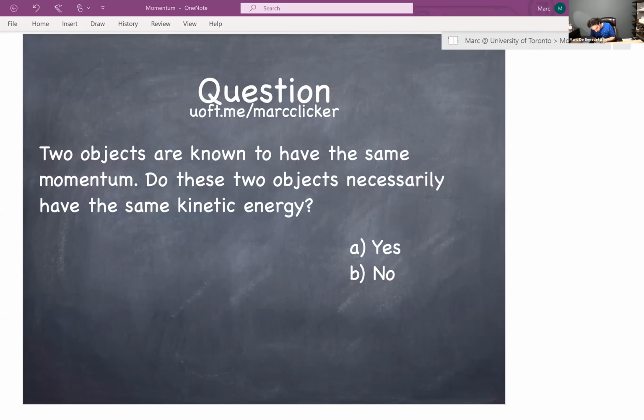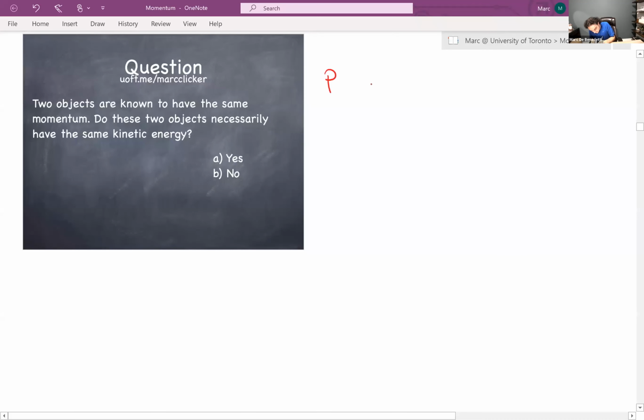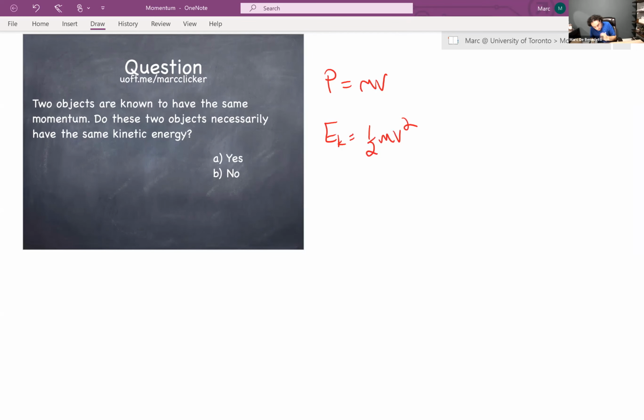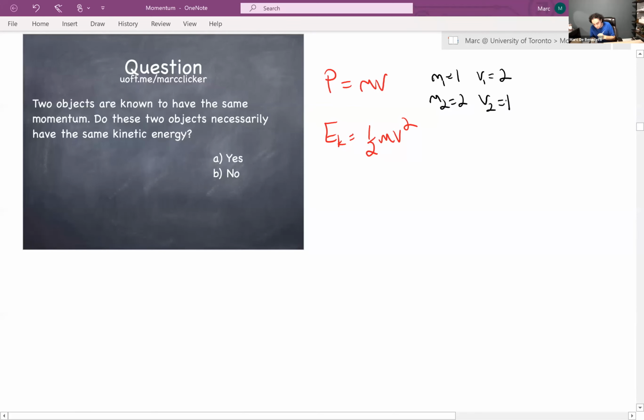Let's take this up very quickly. Okay, so we know momentum is mv, and we know kinetic energy is 1/2 mv squared. So let's just take some values, for instance. If you take m to be 1 and v to be 2, then we'll say m1 and v1, and let's say m2 to be 2 and v2 to be 1. Well, momentum 1 would be 2, and momentum 2 would also be 2. So these two objects would have the same momentum in this case. Do they have the same kinetic energies? Well, if you look,